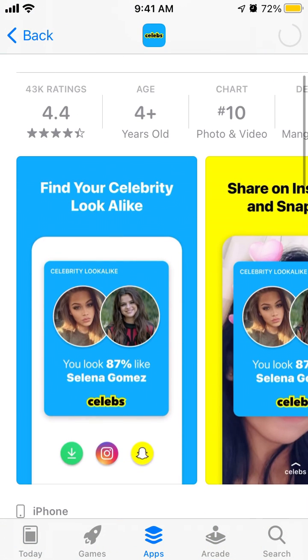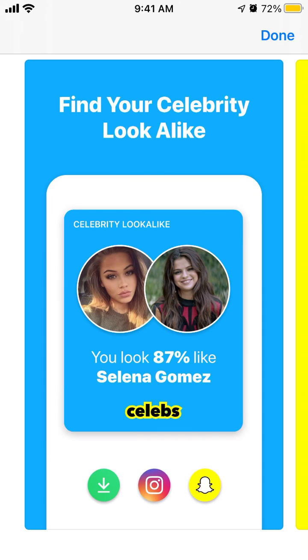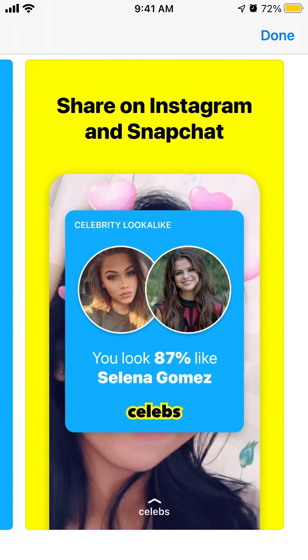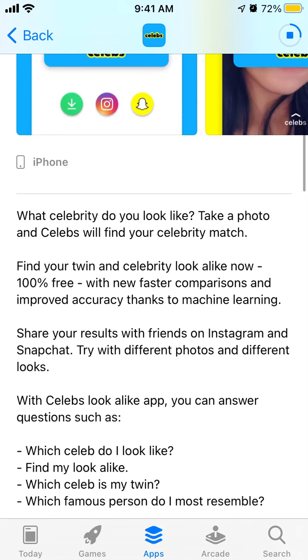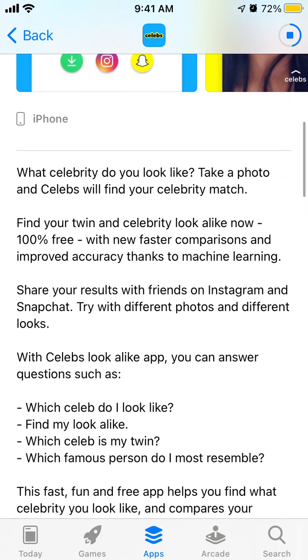And here's the idea of the app, that you can find your celebrity lookalike. So you can just take a selfie of yourself and then find your celebrity lookalike and share it on Instagram or Snapchat. So super simple idea. And since this app is 100% free,